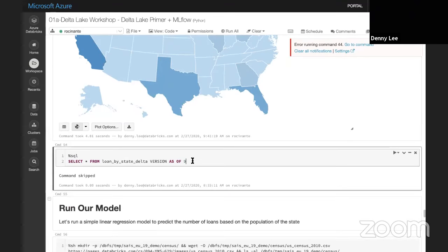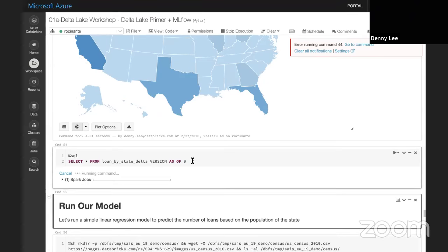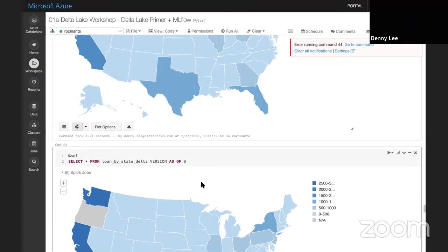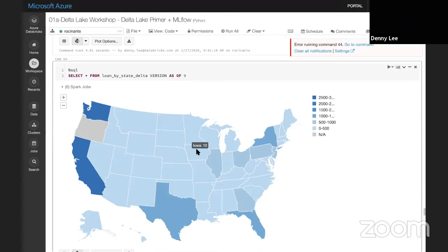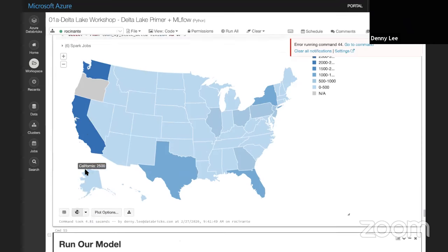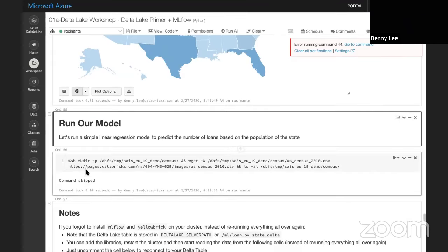Versus the 9th version of the table, where basically I was able to go ahead and include everything but the inclusion of the amount. And sure enough, here's what the table looks like now. So Iowa's 10, Oregon's null, Washington's 2700, California's 2500. So all of that is actually retained. So you can go back in time and recall what version of the data you had assigned to that transaction. And actually, that's pretty powerful, as you can guess.